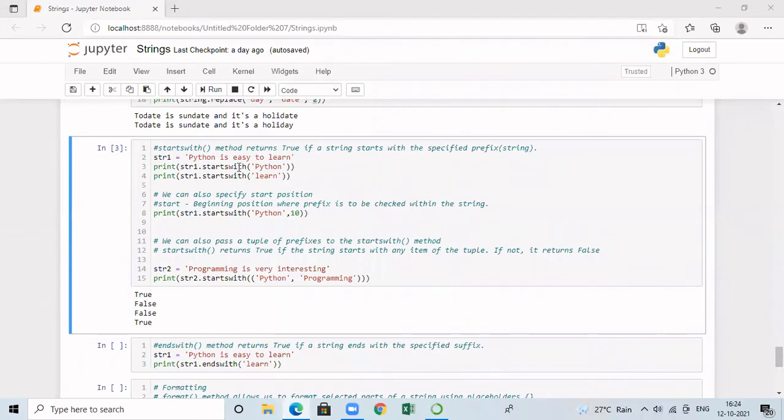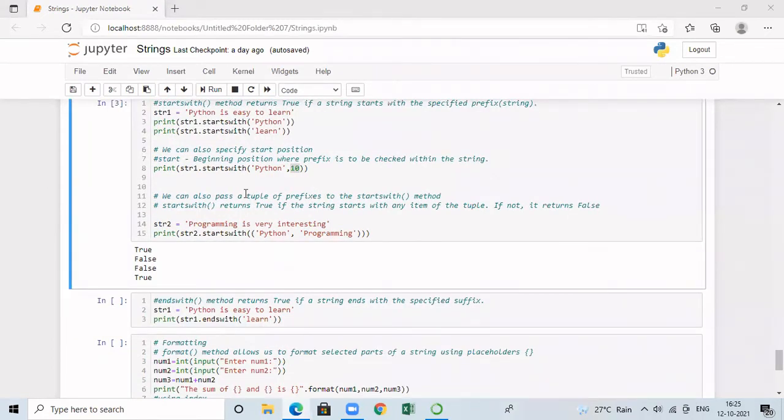And in this, we are checking from the beginning of the string. We can also specify some starting position for the checking. So instead of searching from the beginning for startswith, we can even start from the middle of the string. For that, we can specify the second argument, that is optional. So in the second case, when I run str1.startswith Python, 10, this will start checking for Python only from the position 10, that is nothing but index 10. Even though str1 is actually starting with Python, I am starting my search only from index 10. Therefore, I am getting false because after index 10, I am not getting Python.